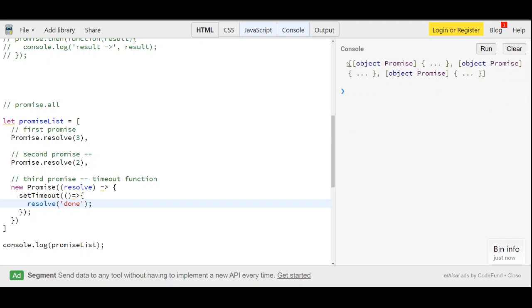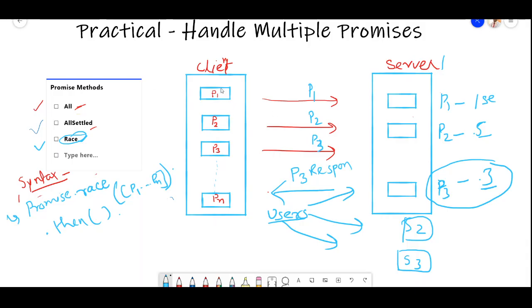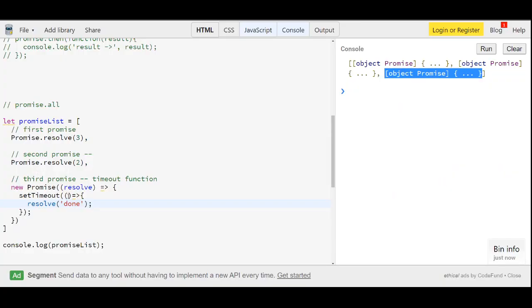So you can see this one. This is one promise object, second promise, third promise. Now as I told you in the diagram also, we have promise 1, promise 2, promise 3, a list of promises, right? We are passing them in array format. So similarly I am doing it in array format.